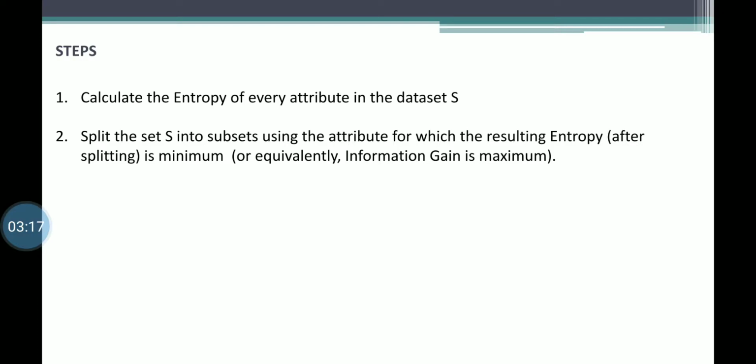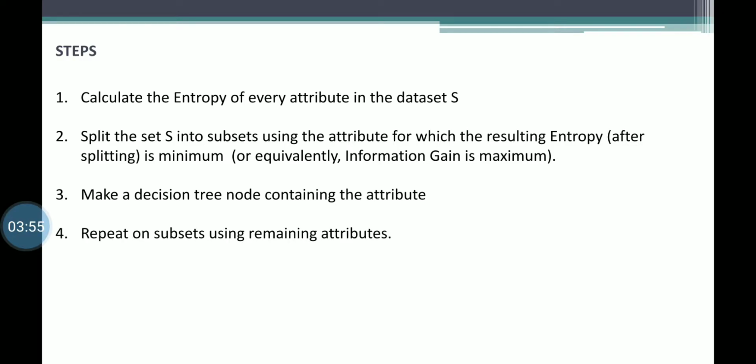For example, if I select Outlook as the root node, I am going to take maybe sunny as the value that I require. I am going to extract the table contents having sunny as the value. So choosing Outlook as the root means I choose a particular value and its respective rows of data in the data set. That is what is called splitting the data set. Along with that, we make that the node in the decision tree. If it is the first step, it will be the root node, otherwise it will be just a node in the subtree. These steps will be repeated again for all the parts.